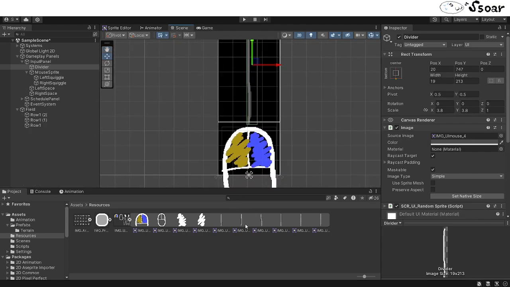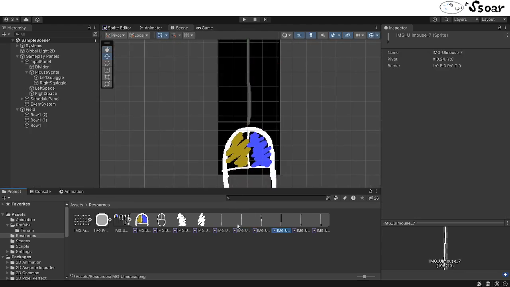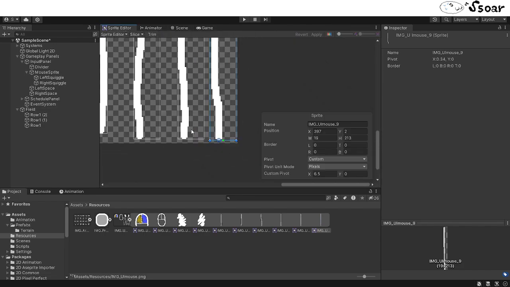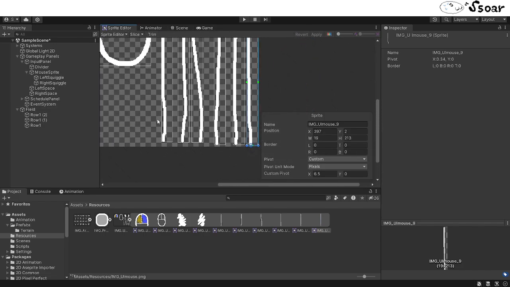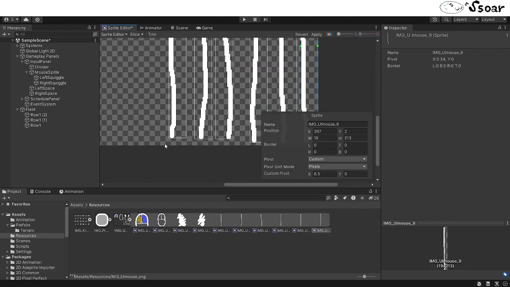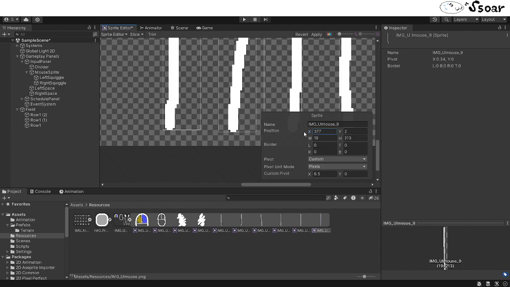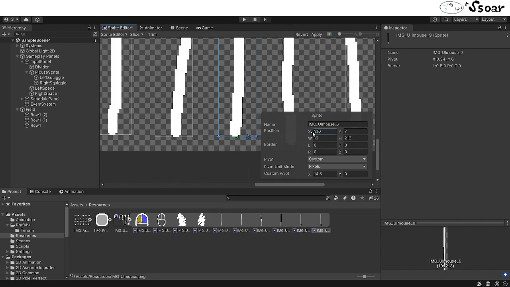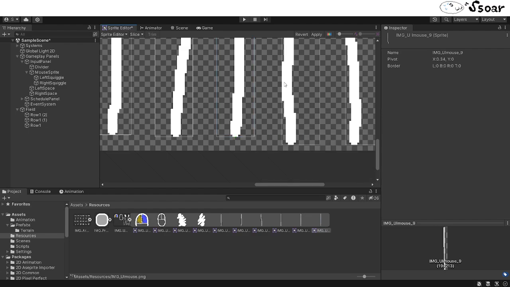Yeah, the issue is that some of these sprites have the centering in way too different of a spot. But actually, that can be fixed, can't it? You can go here and just... What do you look over here? And actually, I'm realizing that the pivot doesn't make a difference in this instance, so let's just not worry about that. And just move you here, and move you here, and move you here, and move you